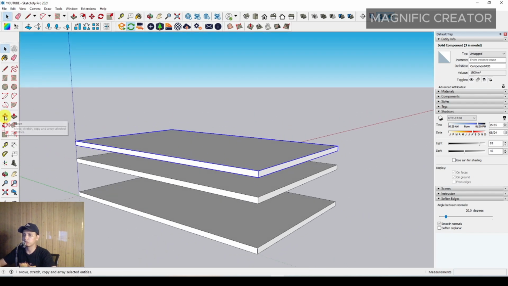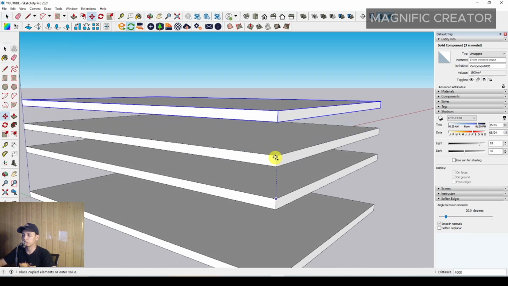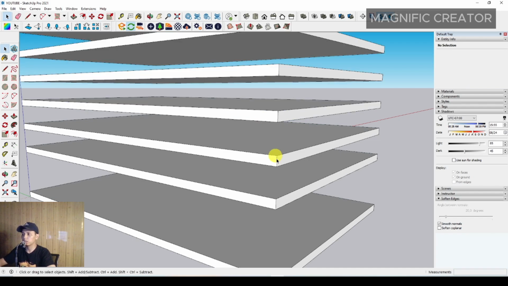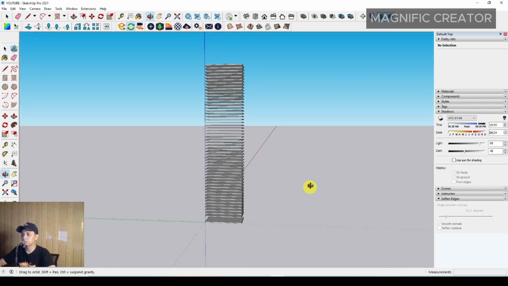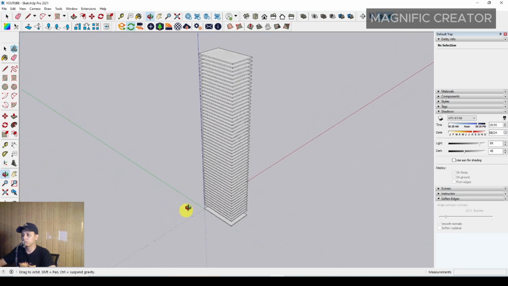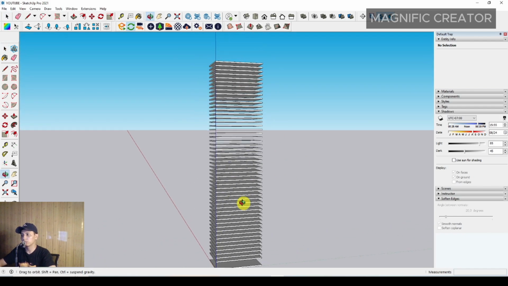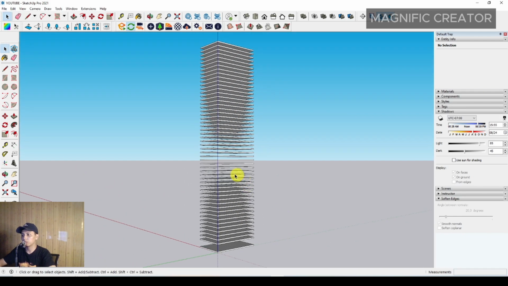With move and select control, duplicate it. It depends on your desire how many floors you want. I set it around 50 floors. Okay, something like this, you can see it. This is a basic shape of the floor arrangement of the high-rise building, and then we can make another variation